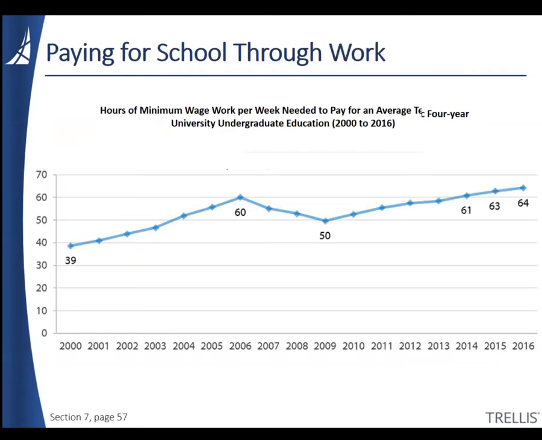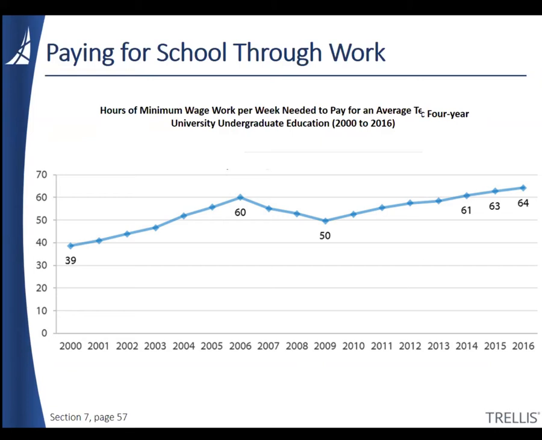Now, many students will work while they're in school to pay for school and/or their living costs. From 1966 to 1981, an undergraduate could have paid for the total cost of attendance for 2 semesters at a public university by working about 24 hours per week, every week of the year at minimum wage. It was certainly possible to work one's way through school on a low-wage job in those years.